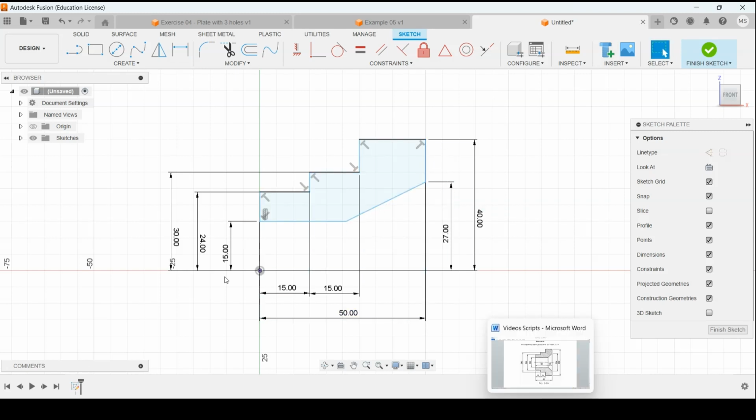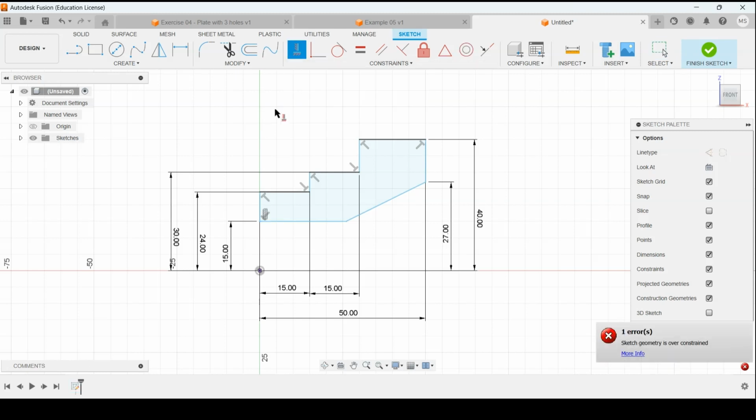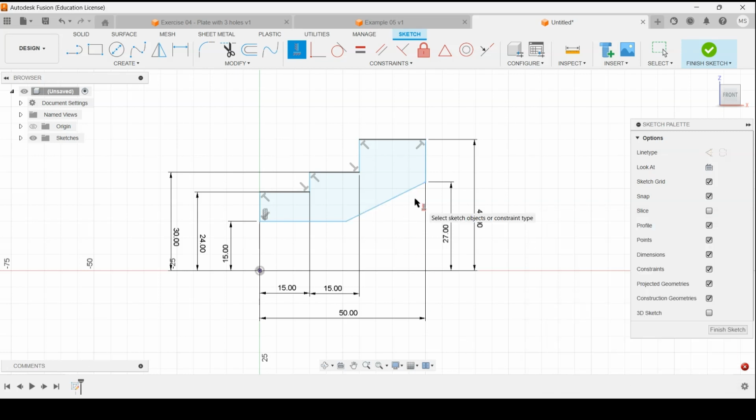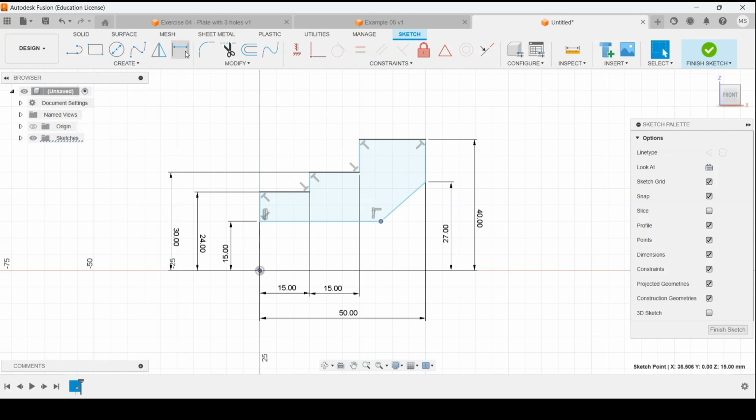Dimensioning we have given. Now let us make the geometric constraint. Make it horizontal. No, it is over constrained. If there is some over constraining in the sketch, then Fusion will give an error like the sketch geometry is over constrained. In that case, we have to manually drag it first to find out the error, that this length or angle is not defined. So first we will define it as per the sketch. This is 12 and this is 38 mm. So we can define this 12 mm dimension,